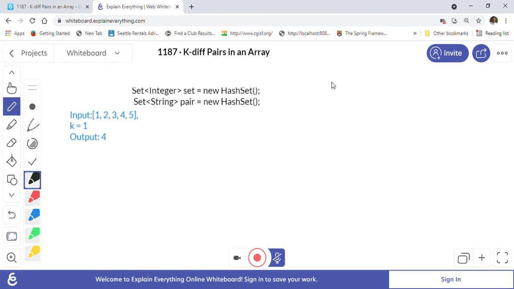For example, if we are counting 1, 2 as a pair, then in the hash set we will put 1 bar 2 and 2 bar 1 as strings. We will put both of these when we are counting this.